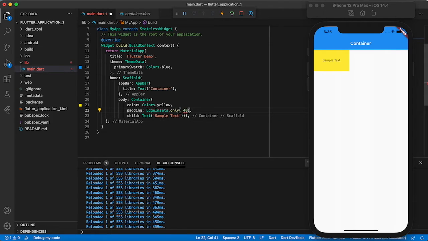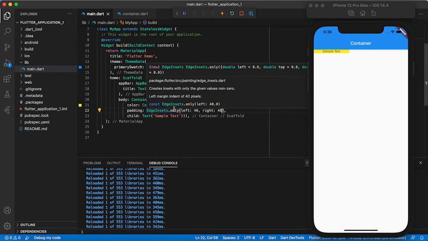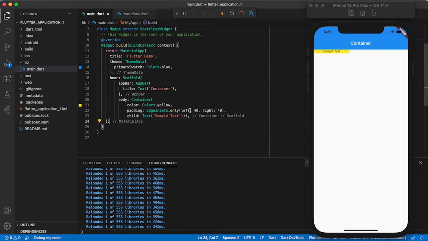If I would like to apply padding only for the left side, we have to add the parameter left. And if you want to use only the right side, you can use right. Like this, we have left, right, top, and bottom.